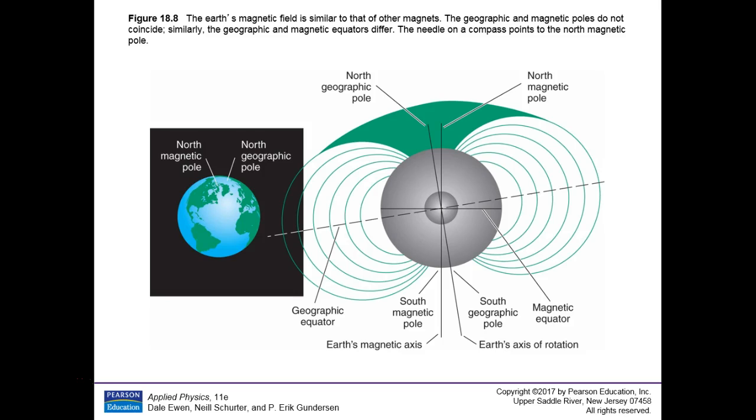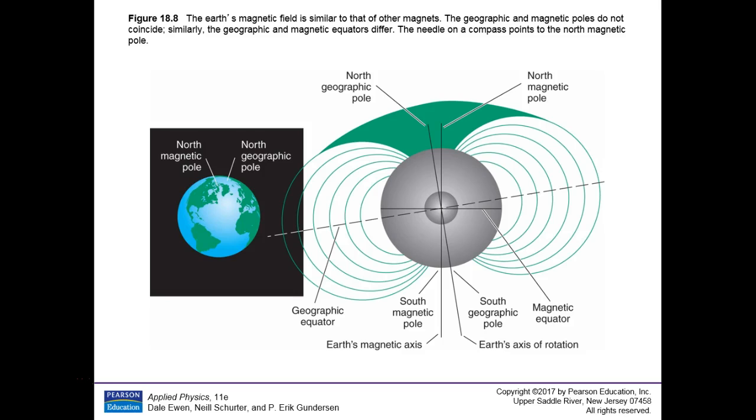Now here's the weird thing. Our geographic North Pole, that's the center of the axis of our spin, it's not quite the same place as the magnetic North Pole. Don't know why. Irregularities in that molten core, something like that. The magnetic North Pole is over here just a few degrees off. I looked at it yesterday on a globe. I'm trying to remember, it's around 15, 17, 18 degrees, something like that, off. Not far at all. Out of 90 degrees, out of 180 degrees, that's not far at all. Just a few degrees off.